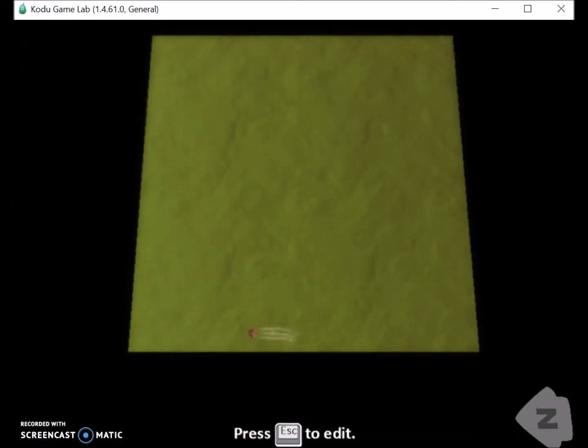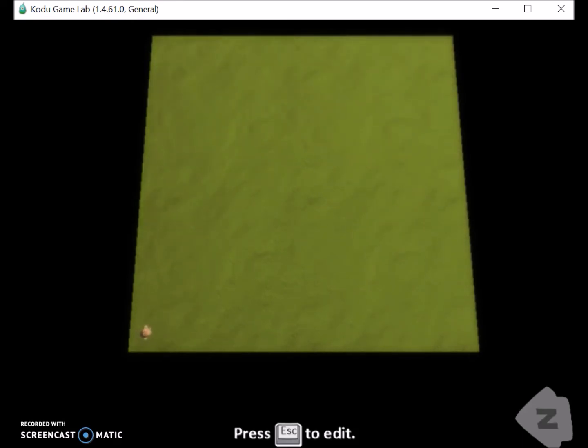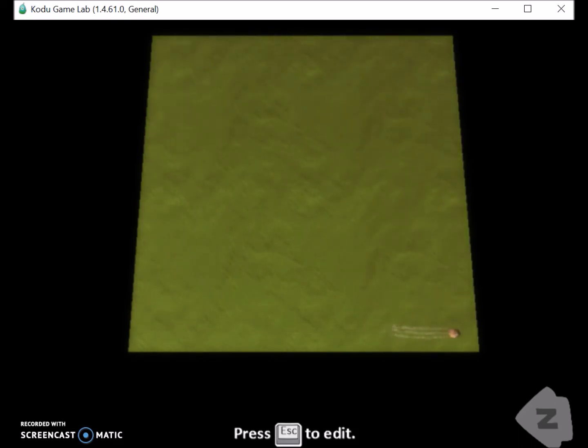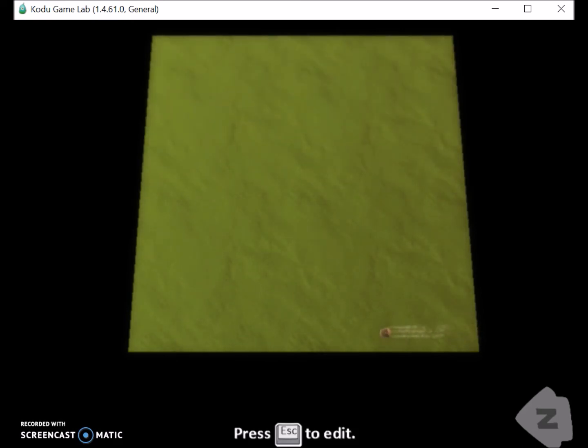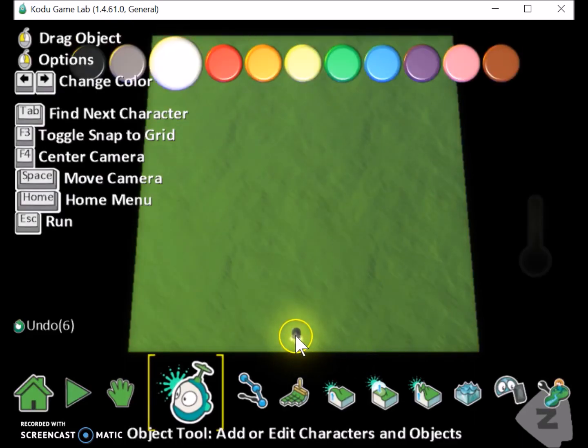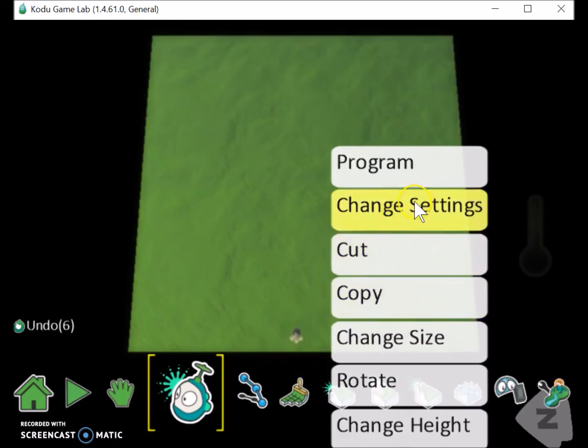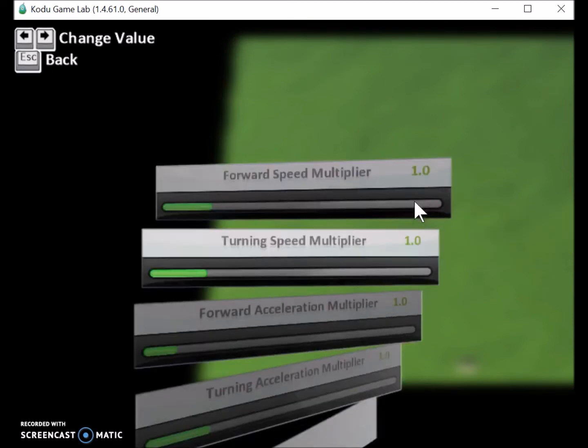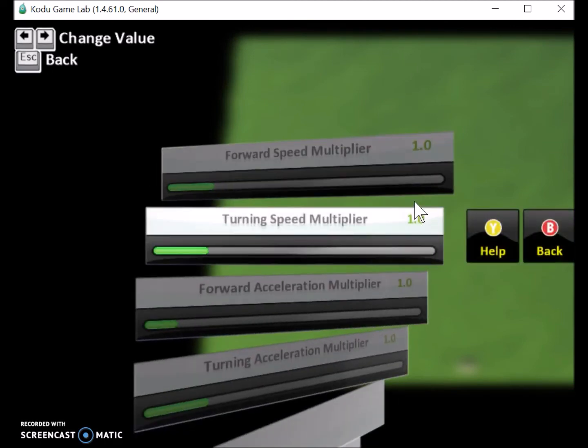One of the problems you'll see is that Kodu is changing to face the direction that he wants to move in. So he's changing to move north and then turning round to move south. This won't help when we're trying to fight aliens coming from the top of the screen. So there's one other change we need to make to Kodu at the moment, and that is if we escape, right click on Kodu and go to change settings, and we want to change his turning speed multiplier down to a minimum, so that goes down